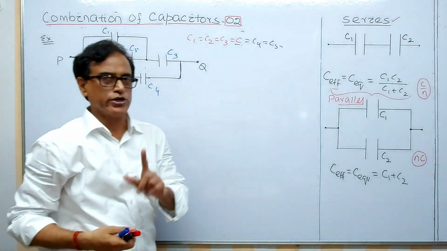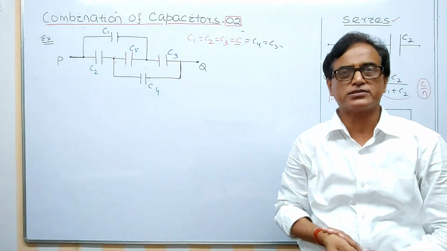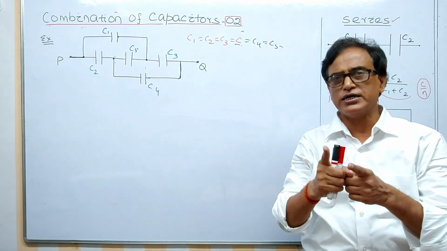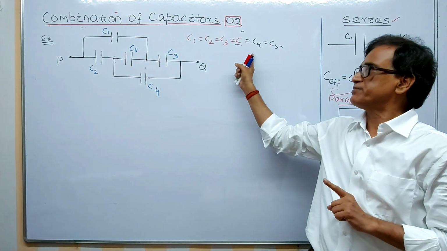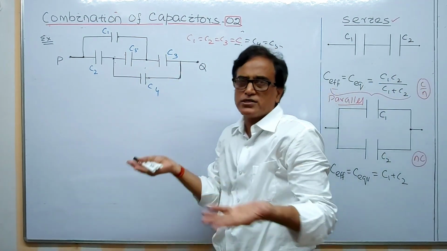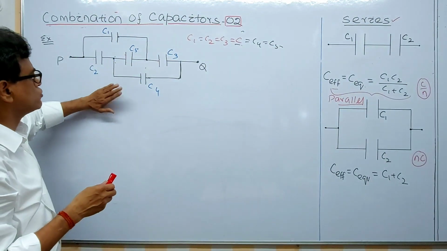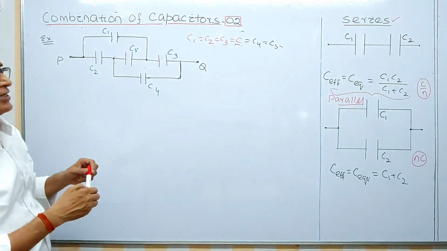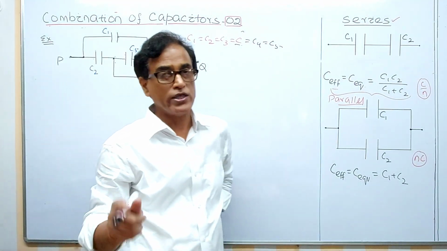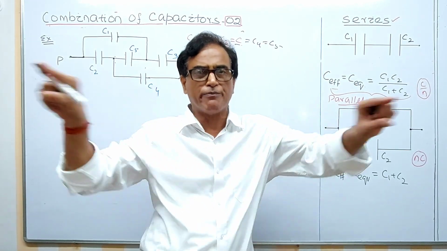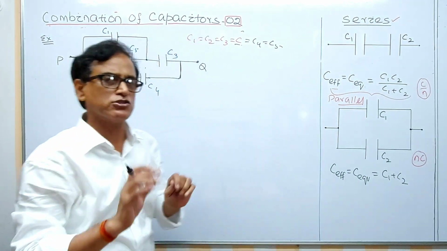Now I have already told you, whenever you are having 5 capacitors, clearly you should visualize and think over the balanced Wheatstone bridge. All the capacitances are given. By observing the circuit like this, it is very difficult to tell. It is not easy to tell that it is a balanced Wheatstone bridge. Let me plot it in an equivalent circuit and see what happens. And next onwards, whenever you are having a circuit like this in a complicated circuit form, then this part can be taken as a balanced Wheatstone bridge.